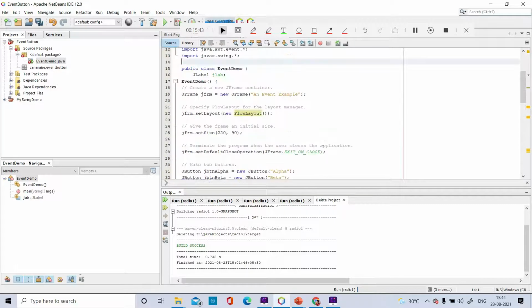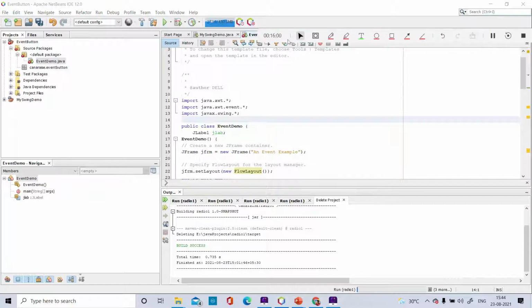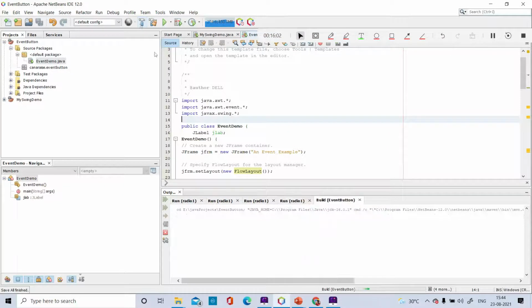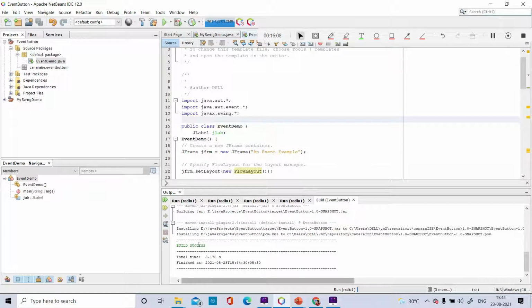Now, students, this was the step. Till here, in the previous program, the things were already done, which is why I had not shown you these things. Here I have done everything from scratch. So now let me take you to the build. I will build, so if any error is there, it will show the error. You can see here it is build success. Build success message is there, that means everything is correct.